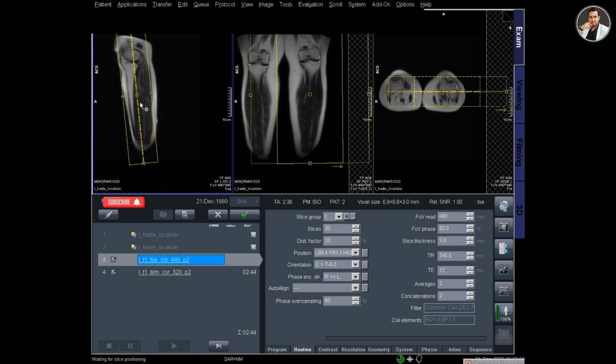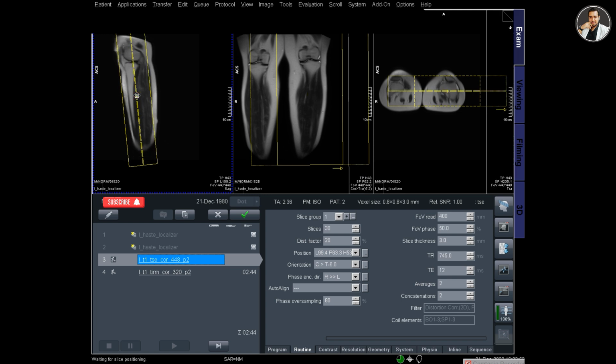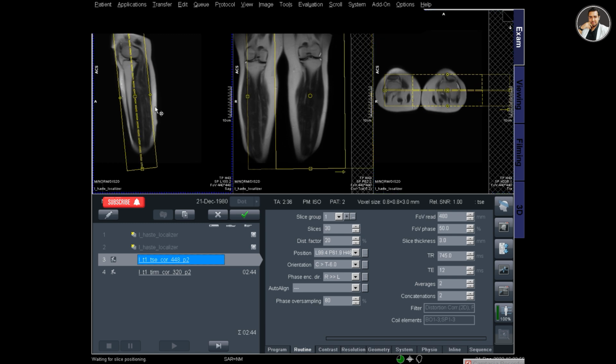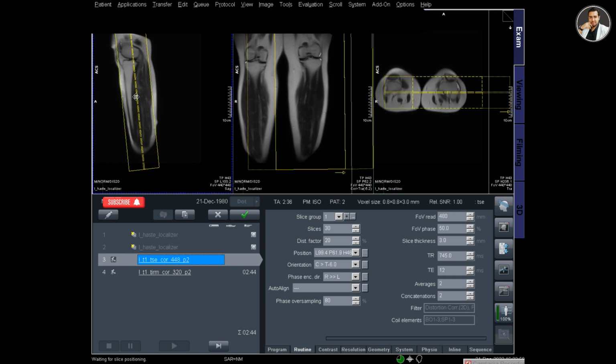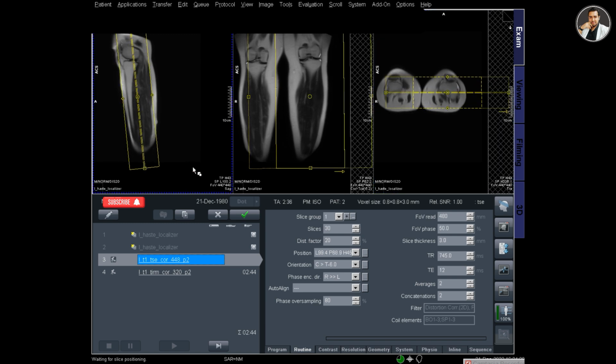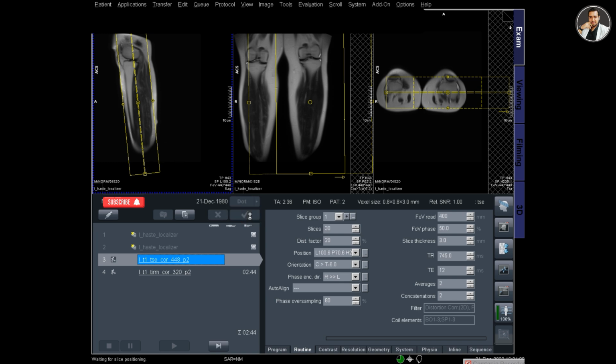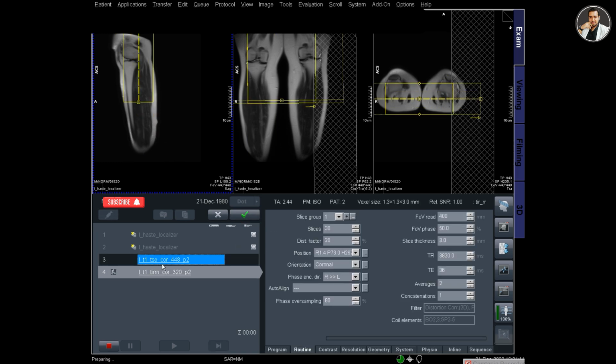Doctor's advice was MRI of left leg including knee joint, so I have excluded the ankle joint and included the knee joint with lower thigh. So this is the coronal planning for left leg, and click apply.